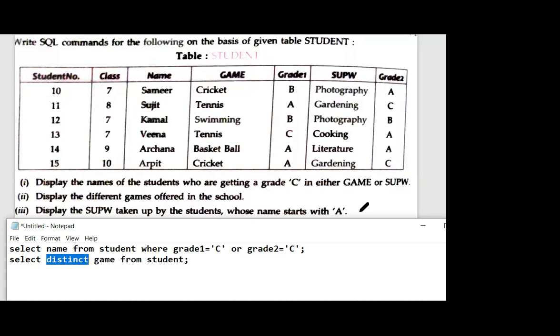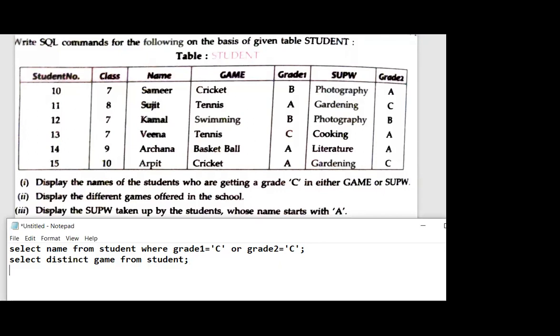Prince, correct. Karan, correct. Vivina, correct. Very good. Yes, Naman, now correct.